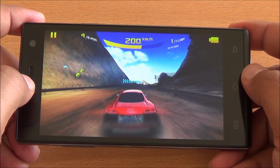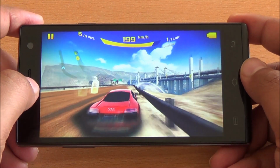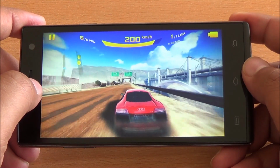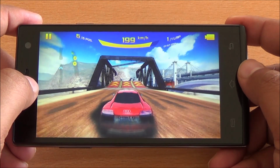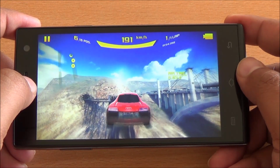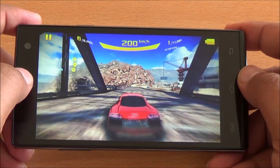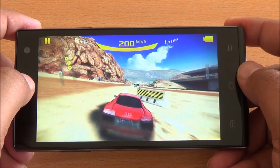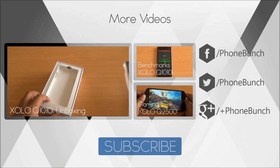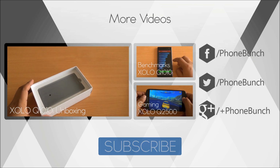Now that was a gaming review of the XOLO Q1010i. All the games that we played worked perfectly fine. There were no issues with touch response, frame delay, frame drops or any other kind. The touch response is absolutely spot on, the colors are perfect and the viewing angles are wide. So no distortion anywhere. It might just be one of the best gaming devices in this price category other than the XOLO Q2500. So you can watch its unboxing as well as benchmarks from right here and the gaming review